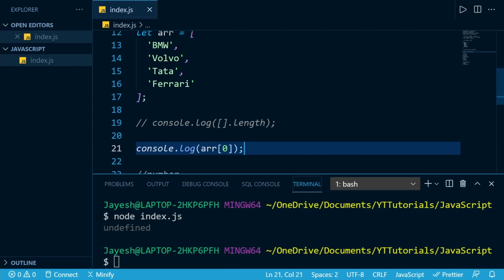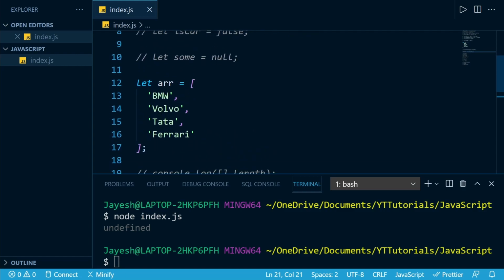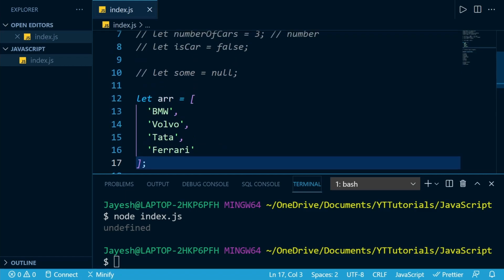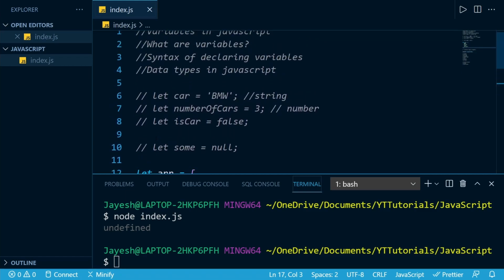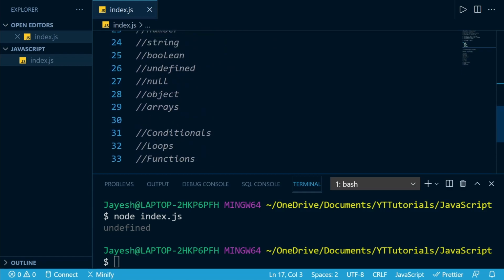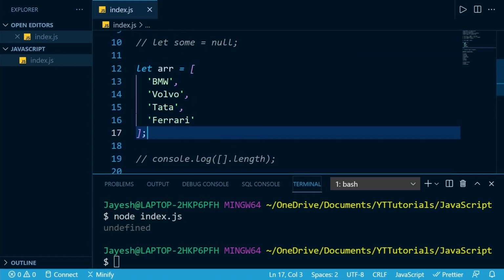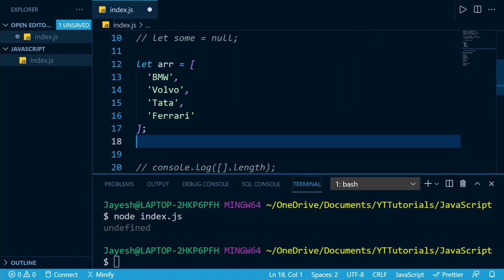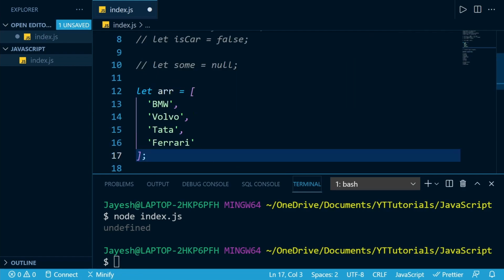That was our array data structure. So arrays are also a kind of data which we can store in our variables. And now one of the most important data types in JavaScript is definitely objects.